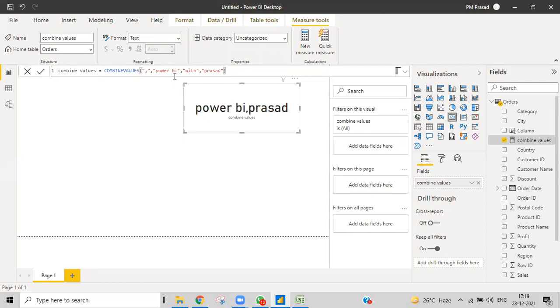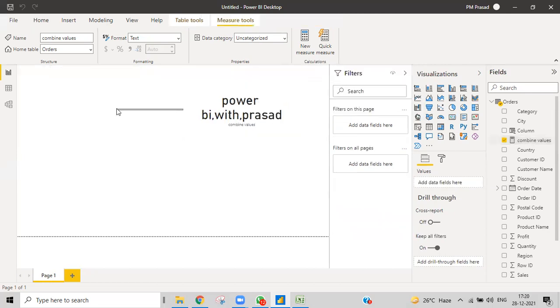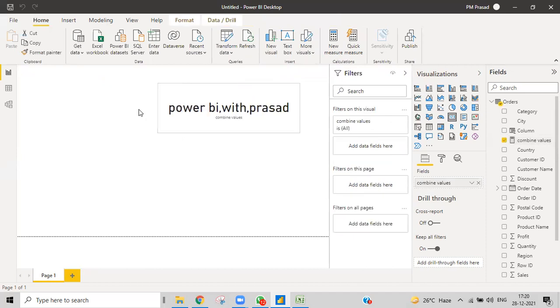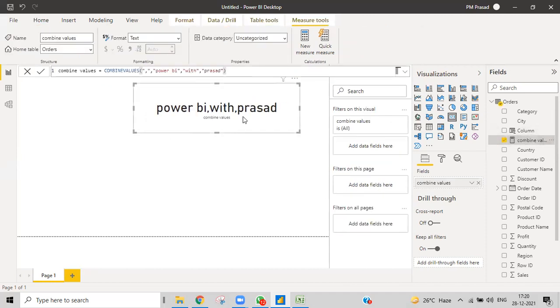Right now I've got three values, Power BI with Prasad. So if I click enter, what will it show? Power BI with PM. Right now you can see Power BI with Prasad, but I don't want to show the comma, so I want to give some space. So how will it show? You can see Power BI with Prasad.